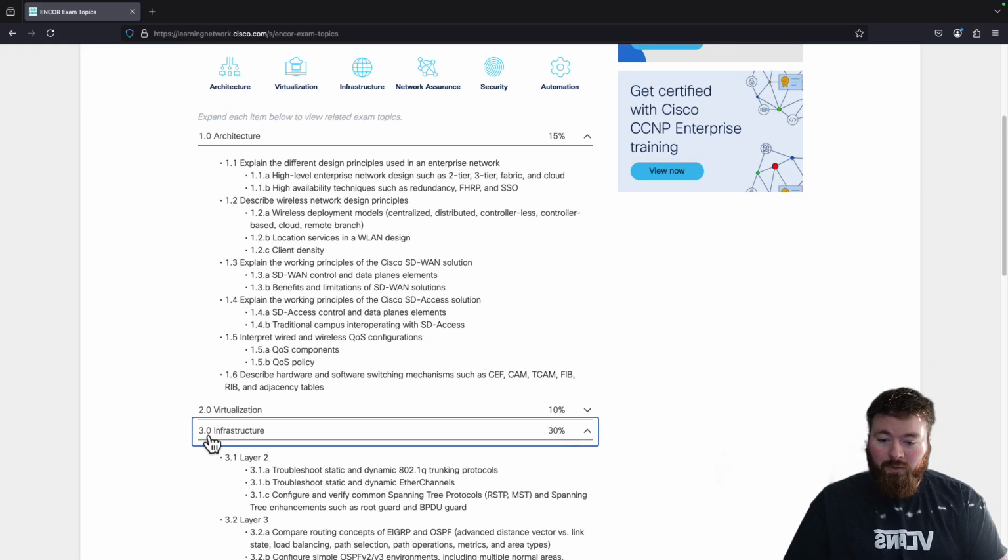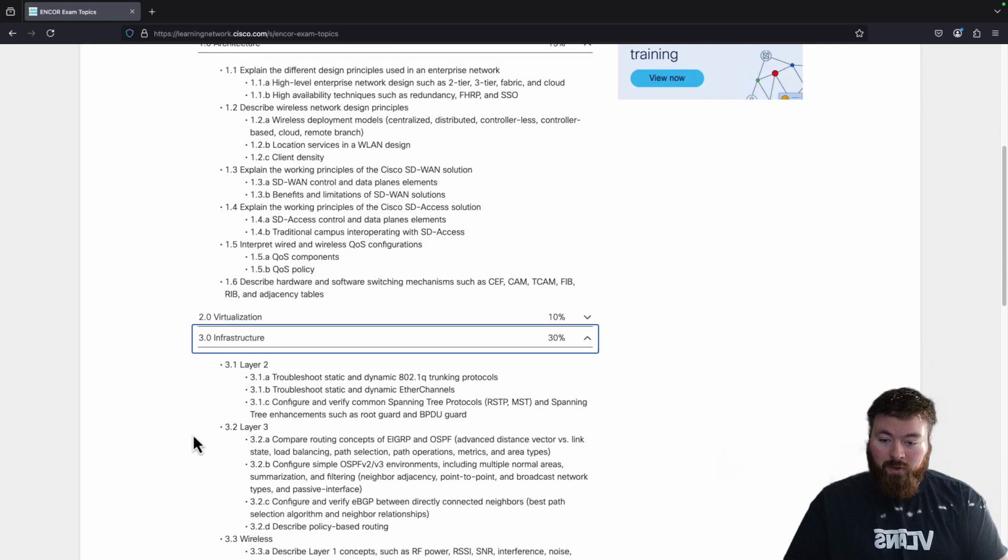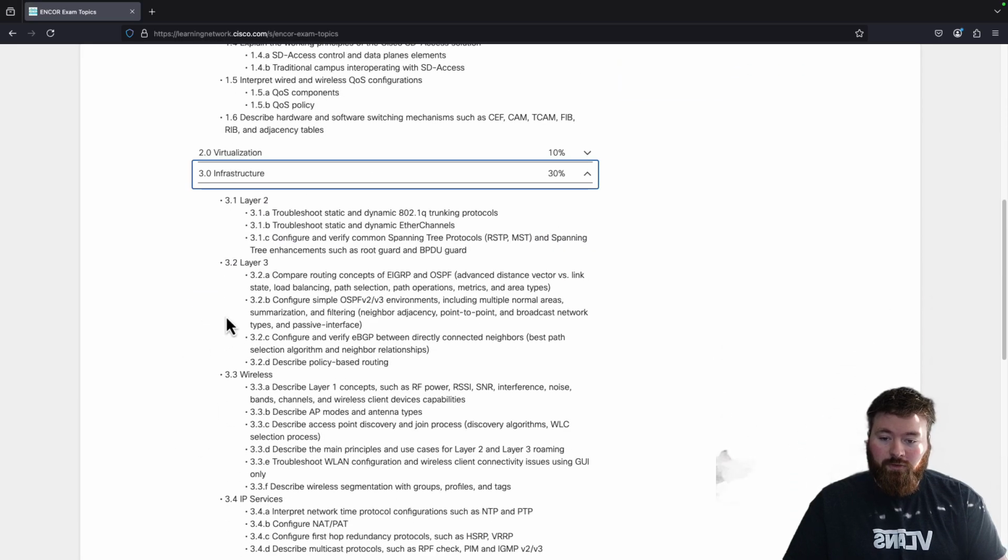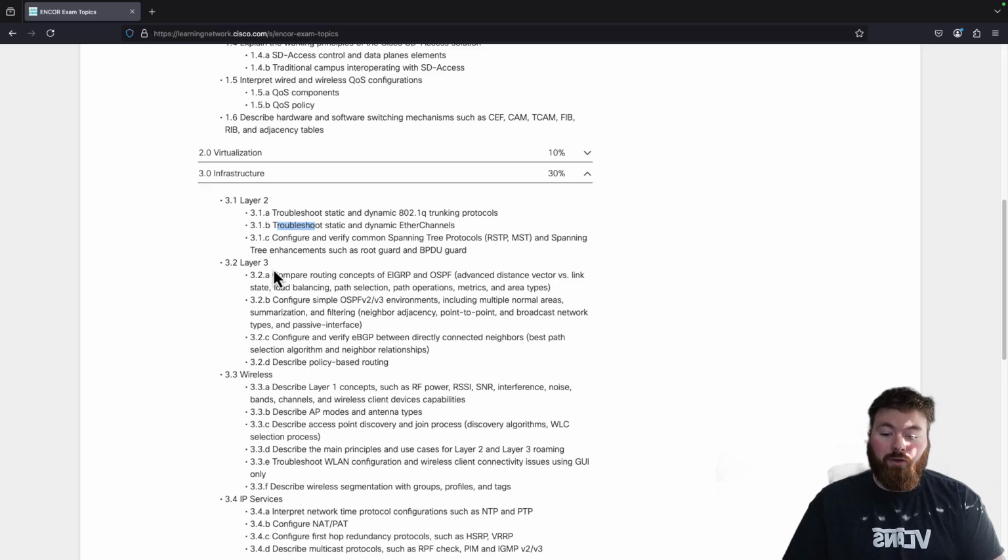But if we head down here, we'll just go into layer 2, the infrastructure section for layer 2. I can see here troubleshoot. These would be things that you would want to lab. Even though it doesn't say that you're configuring those things, we are troubleshooting those things, and I really feel like the only way that you can know how to troubleshoot something effectively and efficiently is to lab it first. So in this case, I can see I need to troubleshoot static and dynamic 802.1Q trunking protocols,